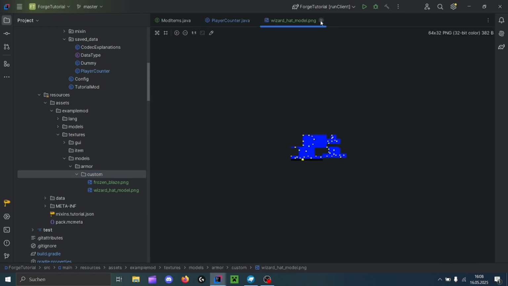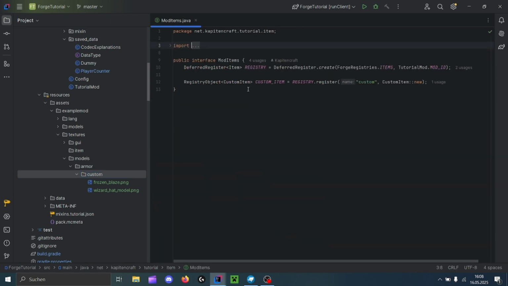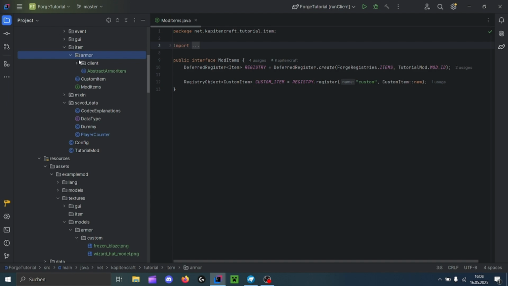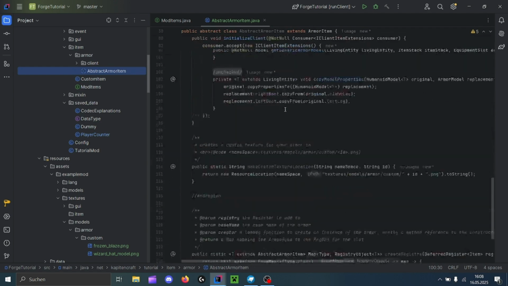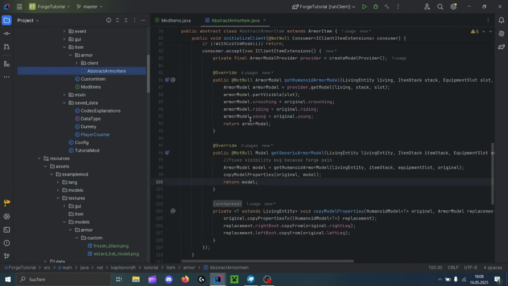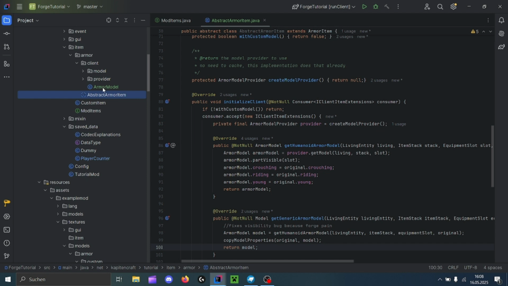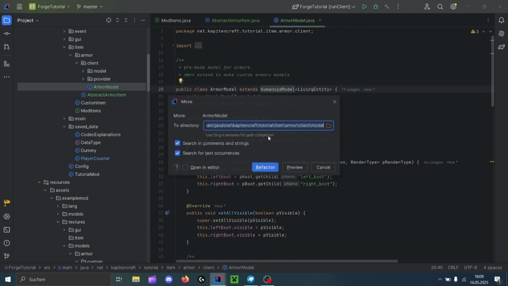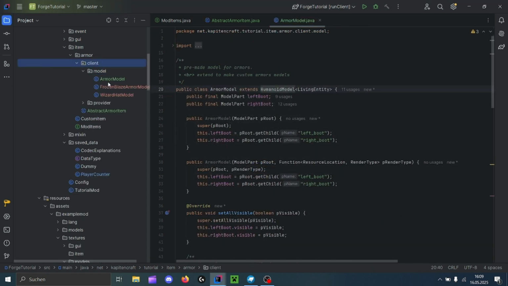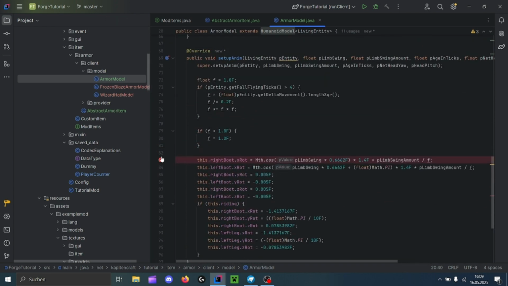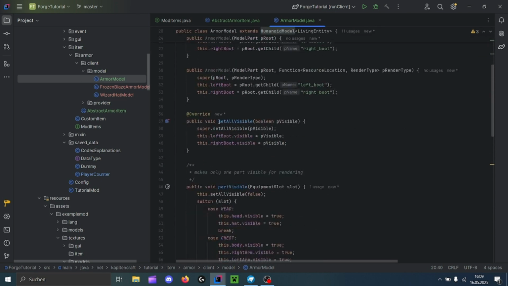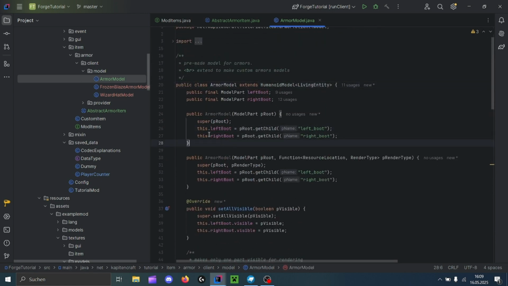Now, what you want to do next is copy a few files over. That includes inside of Armor, the abstract armor item, which handles the rendering extension in this path, but we will look at this in a second, as well as a few things in client. For one, that would be the armor model. The armor model handles yet the other part that is rendering related, adding the left boot and the right boot directly to this one model instead of having to do it in two models as vanilla does it,